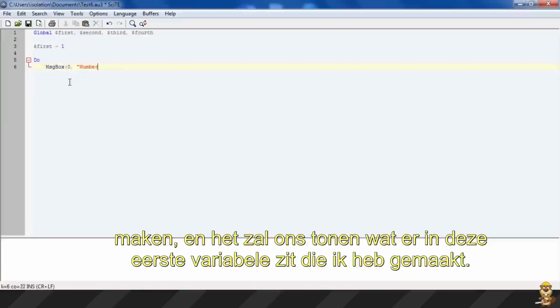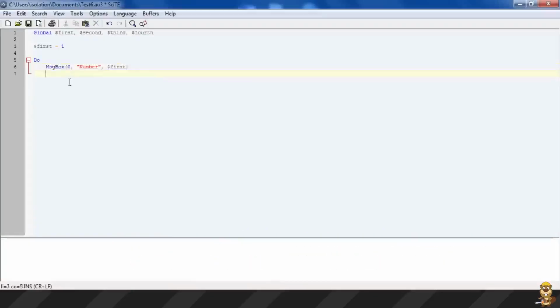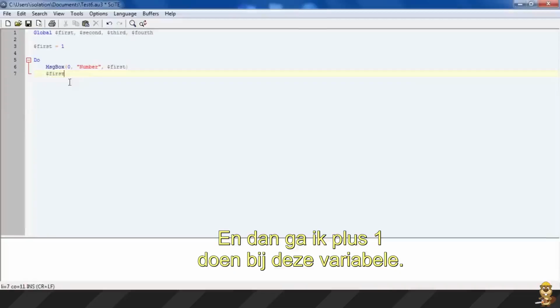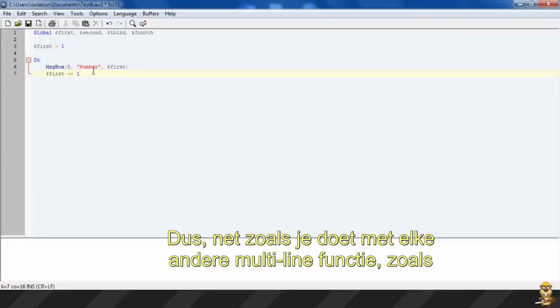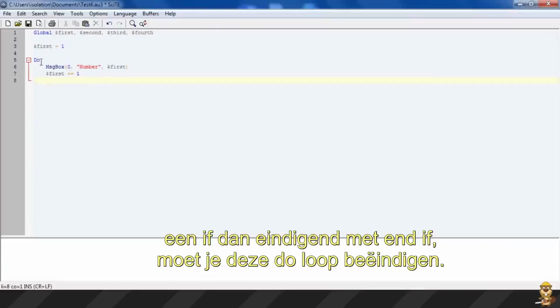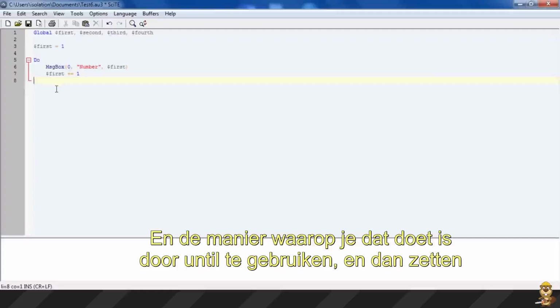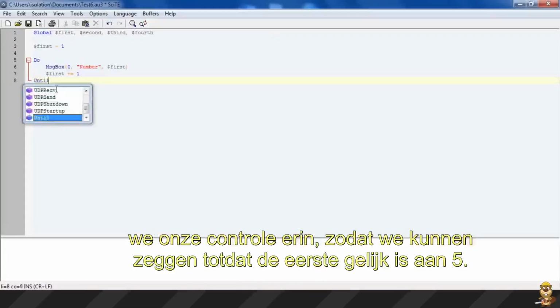message box, and it will show us what's in this first variable that I made. That's the first thing that this loop will do. And then I'm going to plus equals 1 to this variable, so when it reaches the end it will plus 1. So like you do with any other multi-line function, like an if-then ending it with end if, you have to end this do loop, and the way you do that is by using until, and then we put our check in. So we can say until first